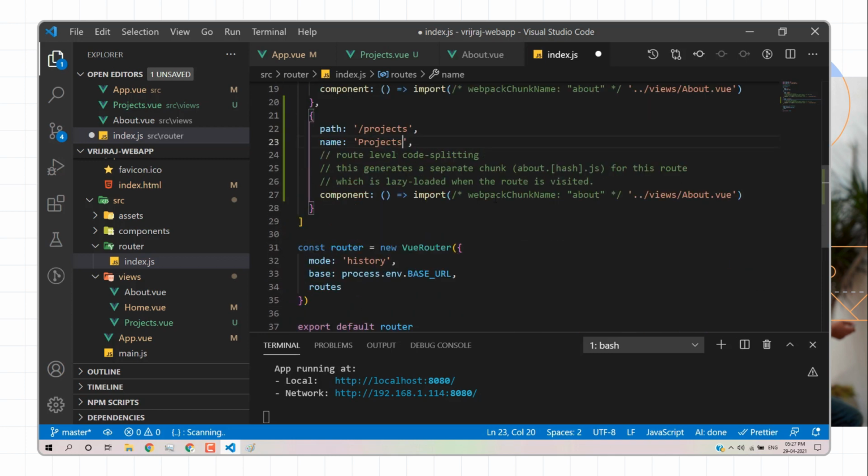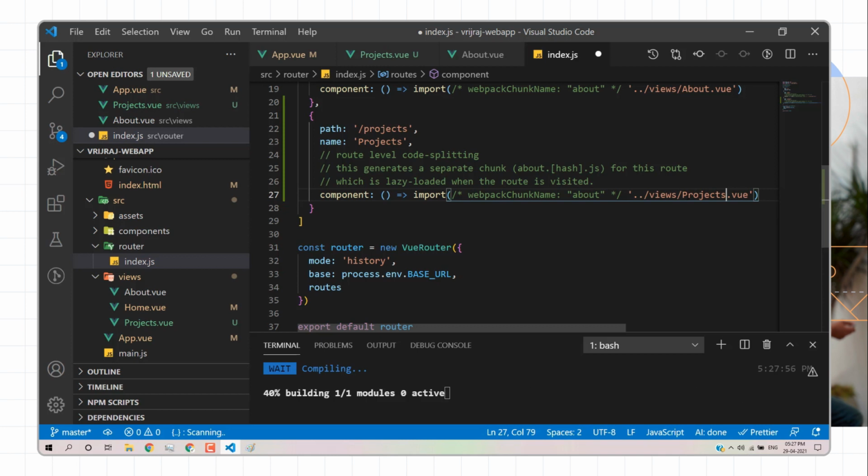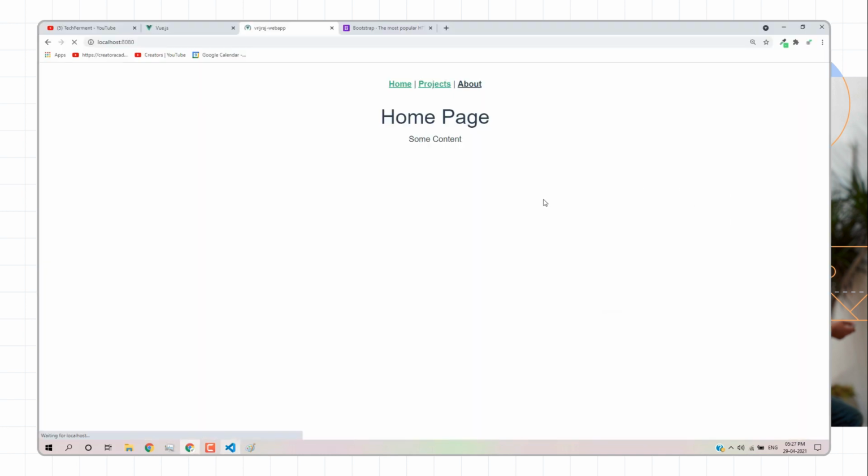Okay, and this is a best practice, like this will generate a separate chunk for this particular route, the separate JavaScript file for each routing file. So we have a routing file for the project. So we have file name is projects. I'll just write projects. Okay, cool. I will save and then reload this page,